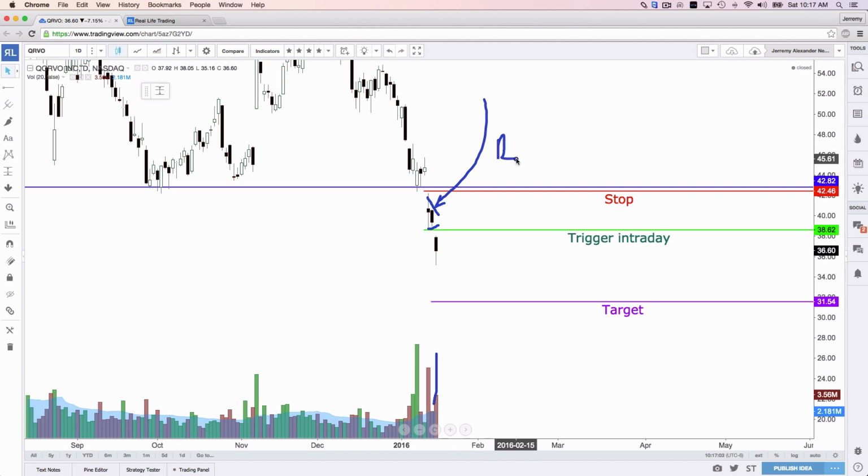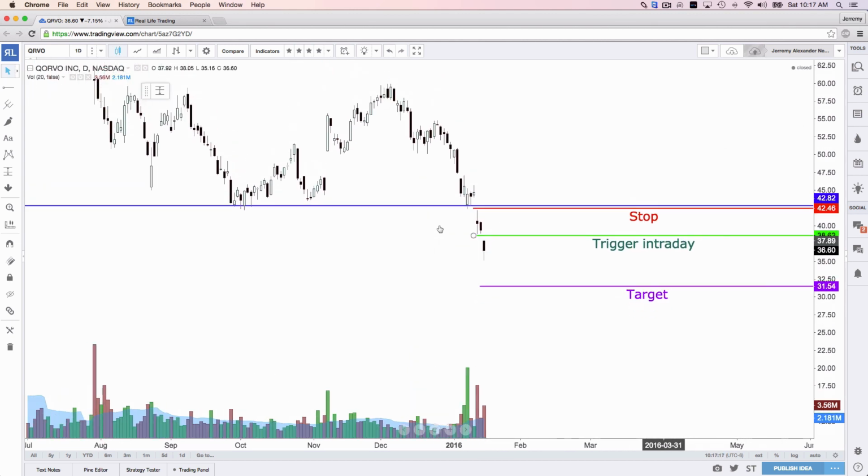That's a rest. And I changed the trigger from a close to an intraday. So when the stock gaps down, we got triggered in at the open at 37.92, and this is a potential trade setup on QRVO. If you know anything about retest gaps, this is a black candle gapped down. So you have 3 black candles in a row. Am I taking the breakout of that? If you're not in, no, you would take the retest. So if the stock can trade back into here, retest, and then roll over again, this is another shorting opportunity on QRVO. If you're watching this in the future, feel free to pull the stock chart up and see what it actually ended up doing.